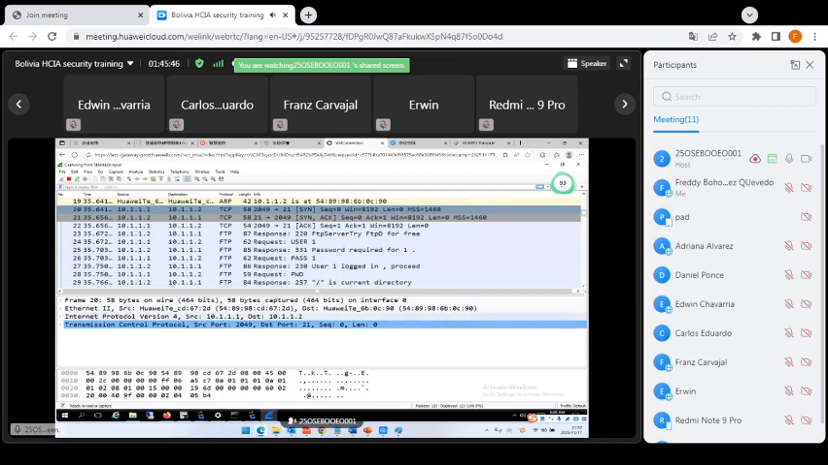See the detailed information of this packet. Layer 2 information, MAC address. Layer 3, IP address, right? See that? And layer 4, transmission control protocol. And see that? Source port 2049. Destination port 21. I want to tell you,